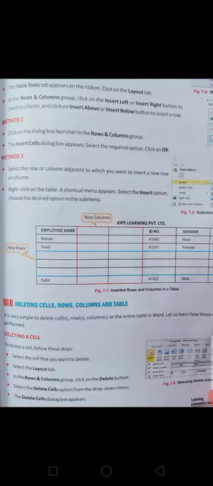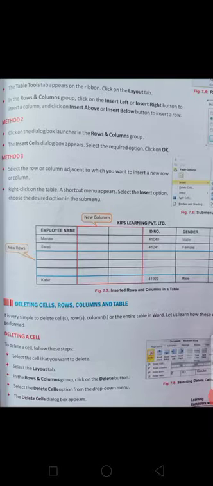Normally it is very easy. We need to just click on our cell, table or row and after that go to the Layout tab. There is an option Delete. In this we have many options: delete cell, delete row, delete column or delete table. We just need to select it. And in normal life, what we do is just select our cell and use the delete key from the keyboard.